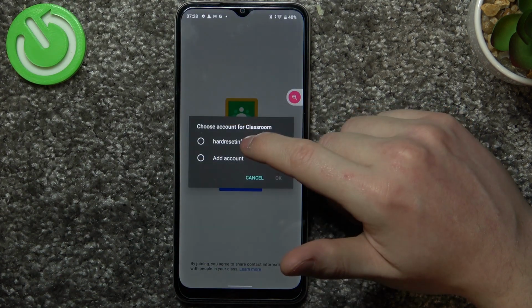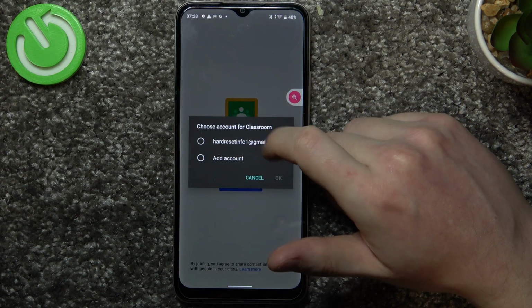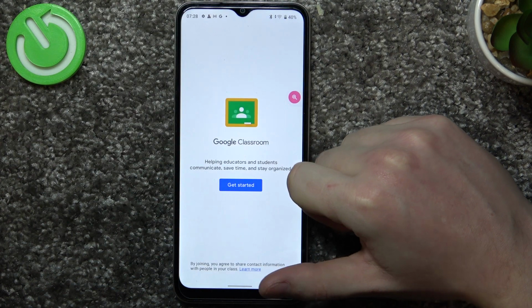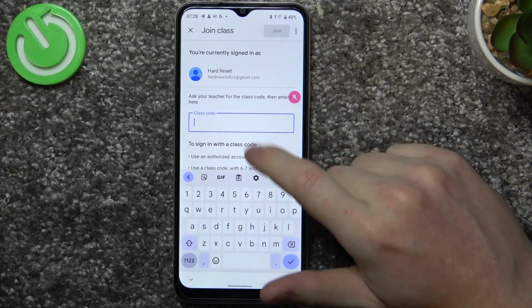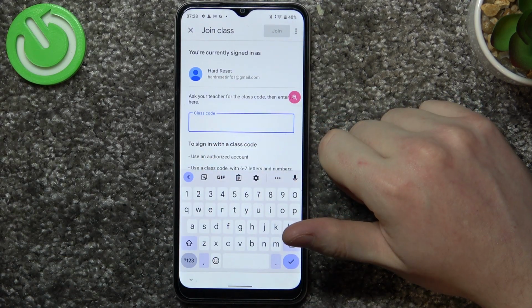Click on Get Started and choose or add a different account. Now select this plus button, join the class. Here enter the class code and press on the join. And that's it for this